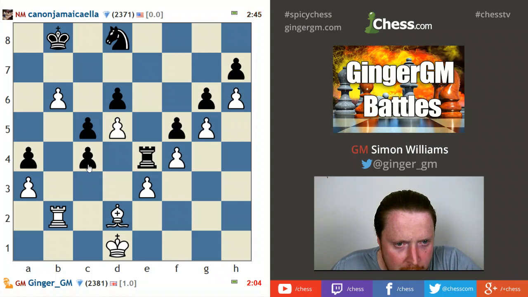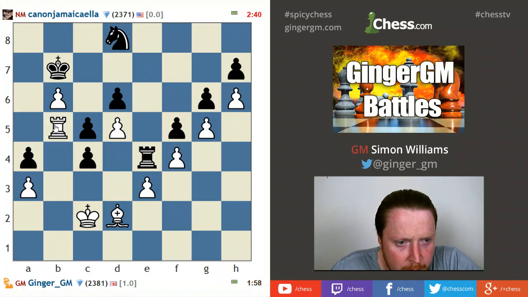Okay, he can now break. I shouldn't have allowed that. And where's his knight going now? The whole thing is I'm trying to stop his knight coming in. And okay, now I'm going to try to win this game. So I'm going to try to get my rook to a5 and infiltrate, because his knight again is such a